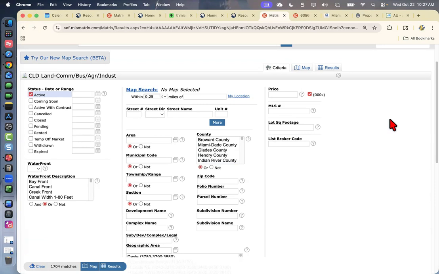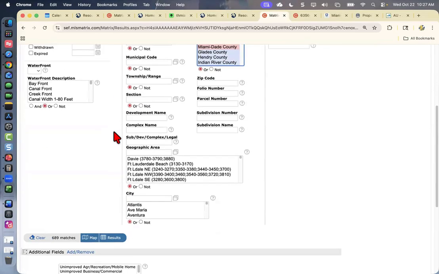All right. Charlene said Miami, and then Isa said Broward. Okay, we'll look in both. So we'll go to county and do Broward County as well as Miami-Dade. Okay, I got two people with Broward. All right, so we're going to use both Broward County and Miami-Dade right here. We're going to use active status. And then we're going to move down